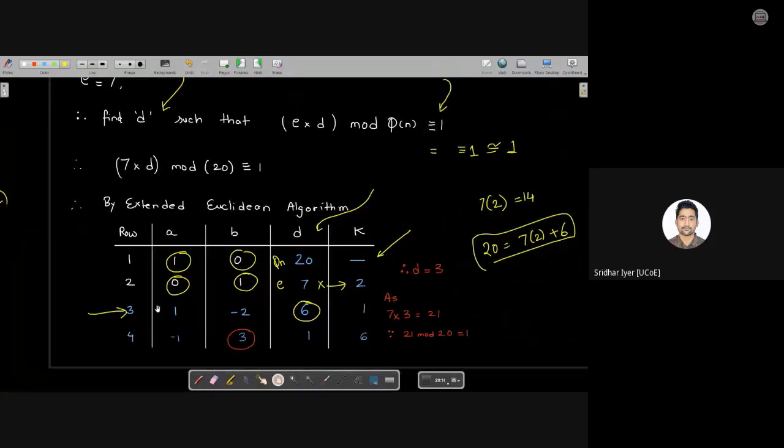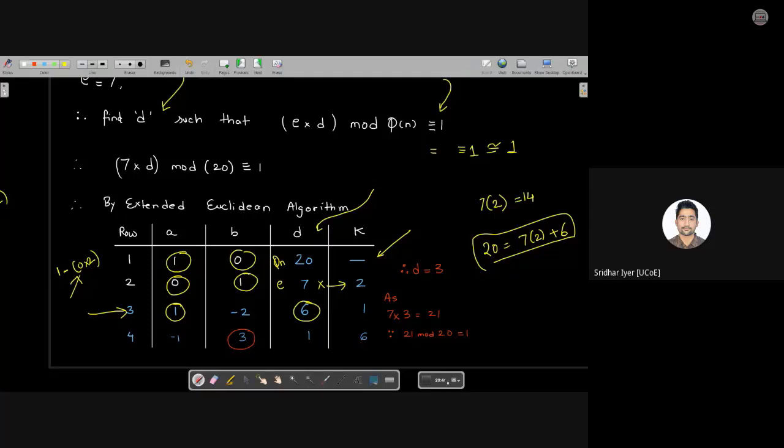Now, over here, we are trying to find out A3, correct? So A3 will be A1, that is 1, minus A2 into K2. So it is 0 into 2. So it has to be 1 every single time, because if I'm multiplying any value with 0, it has to be the same value only. So you can say that the first three values of column 1 have to be the same, right? So it comes out to be 1.